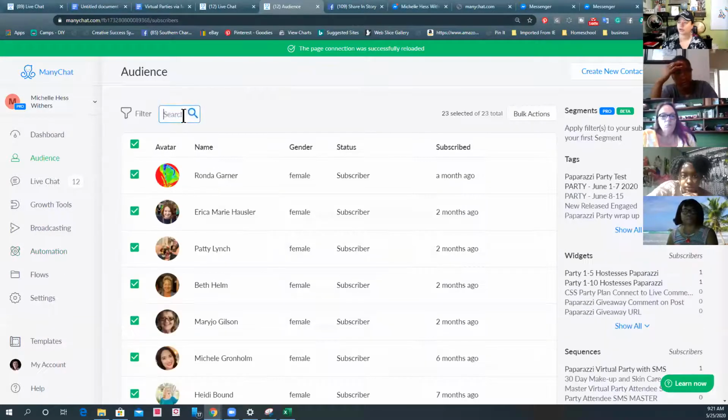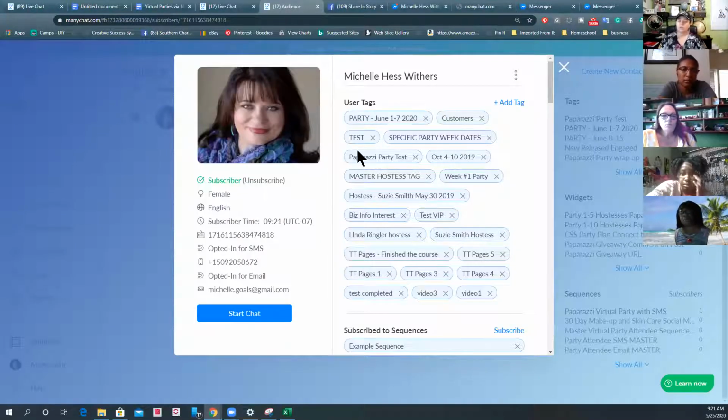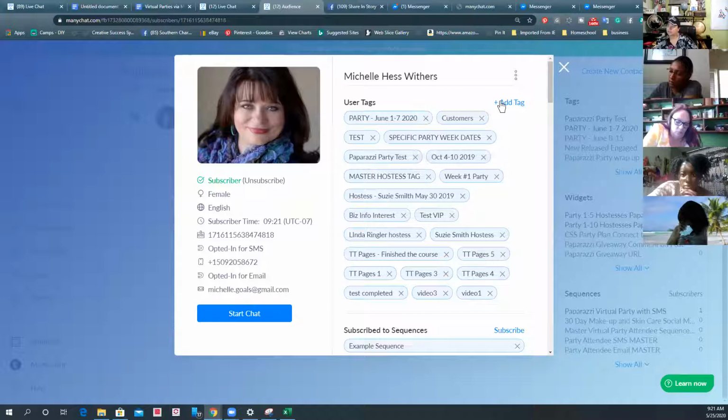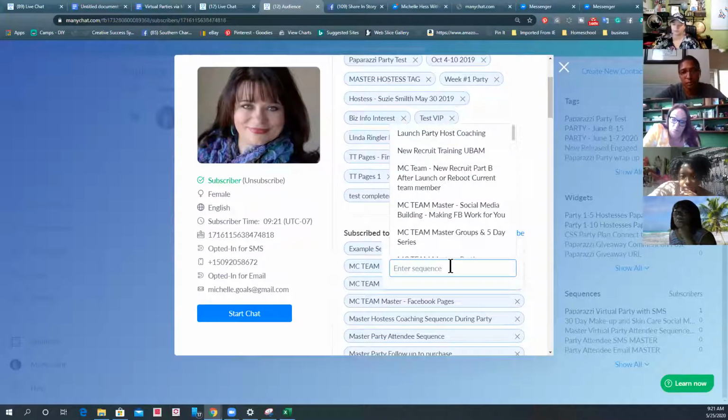Okay. Now, the way that you put your hostess in here is different than the attendee. So if I was a hostess, you do have to have the rule set up, and for Joy, the one that says info in there, you want to have all that set up. And we come in here and we hit add tag. I would select the party dates. I would add her tag. So that kicks in the rule and makes her custom fields click in. And then I hit subscribe and I put in hostess